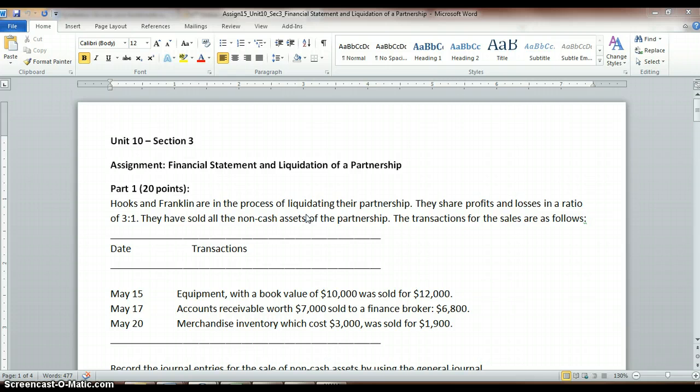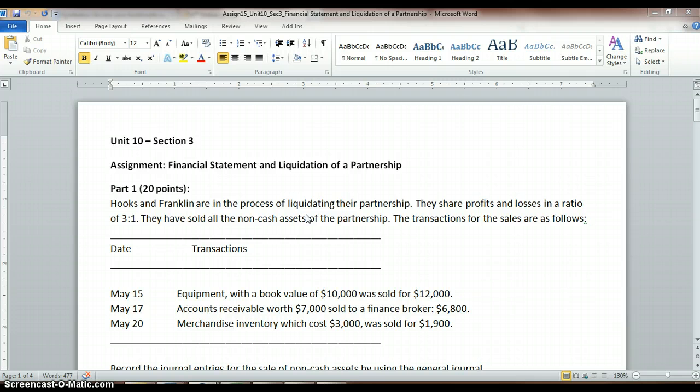Now, don't confuse this with the dissolution of a partnership. You should have also read about that in your text. A dissolution just means that you're restructuring the partnership. Maybe one partner is getting out, but another one's coming in, or you're adjusting your percentages of ownership. So don't confuse the two: liquidation means closing it down, and dissolution means you're just